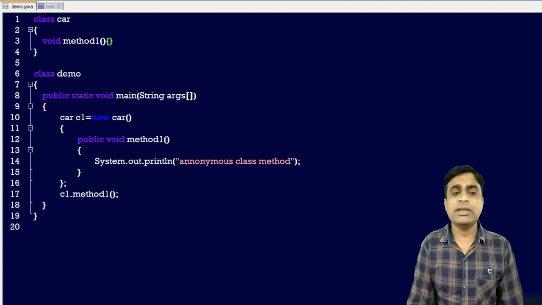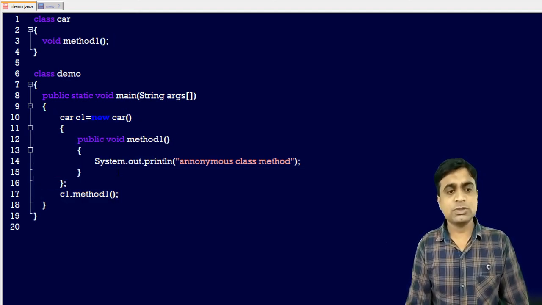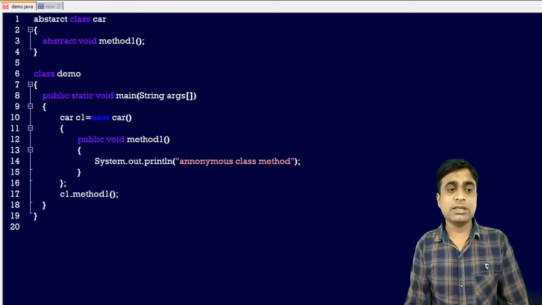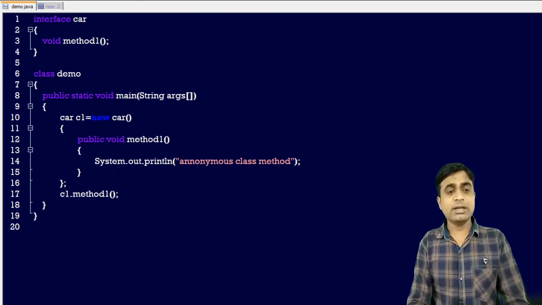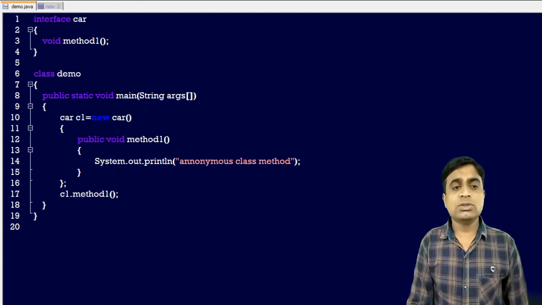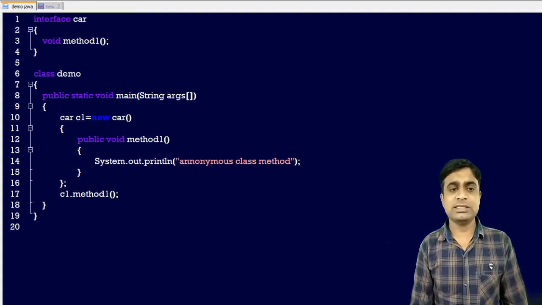That's why you can directly call it like this in an inner class. So the anonymous class is most suitable for an interface and an abstract class. I hope you understand all the concepts I have explained: the static inner class, the non-static inner class, as well as the anonymous class.